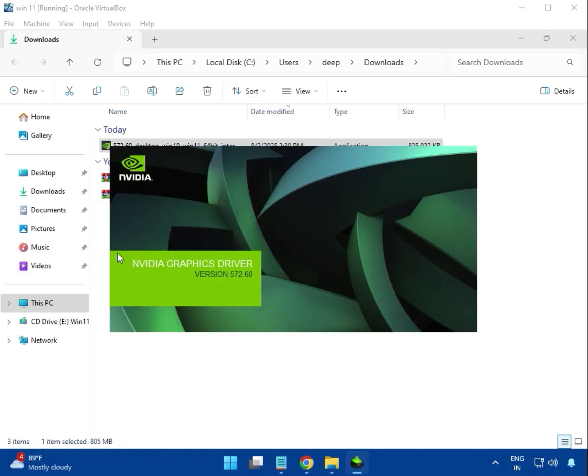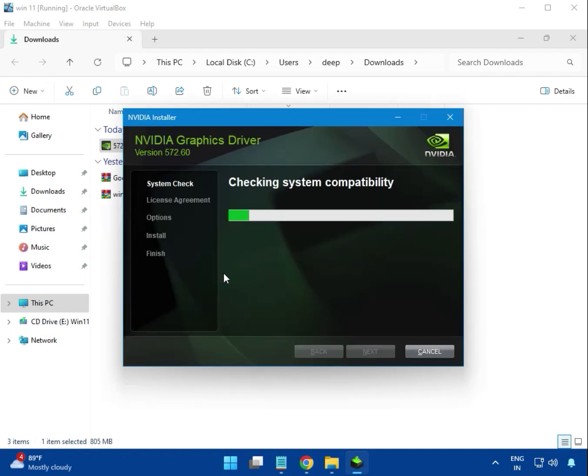After that you can see it is checking the connectivity, and then next to install, next,